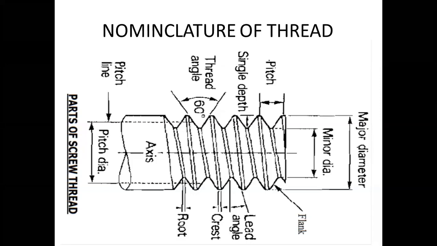Here you will have 4 types of threads for your exam. ISO standard threads, which you already discussed in the previous class. Then BSW threads, British Standard Whitworth thread, and then square thread and Acme thread. There are 4 types of thread. So you will get it for 25 marks. Either this one or you will get bolt and nuts.